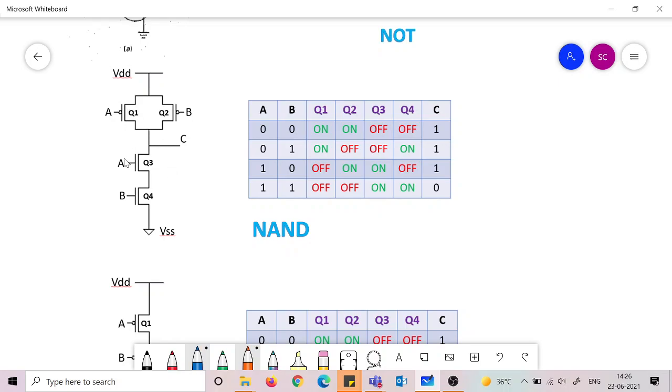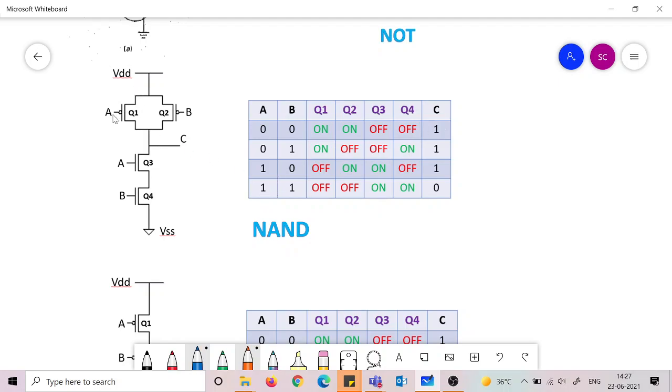Okay. So here you see how it behaves. Let us analyze. When A and B both are 0, then this branch is totally off, because either A or B is 0. That means one of these switches is in the cutoff region, so it is open. Also, you notice that one of these switches will become closed when A or B is 0. So VDD comes to this C. So in each of these three cases, C becomes high output.